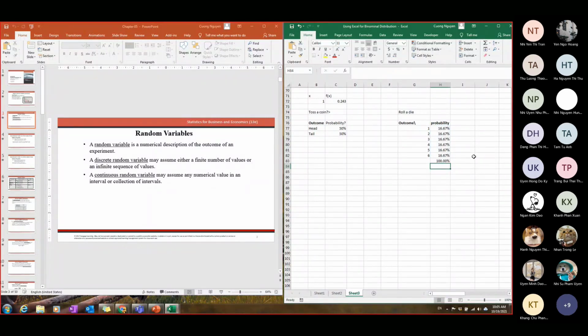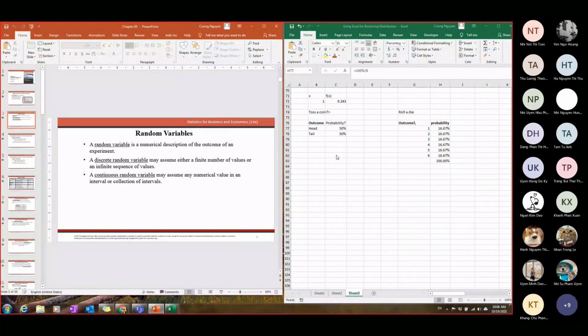Like for this one, half of the extra credit for you. So you can see that will be the result, and this is what we call the random variable. The random variable is the numerical description of the outcome. The outcome can be tail or head, and the result, the probability, will be a numerical result. So that's what we say about the random variable.